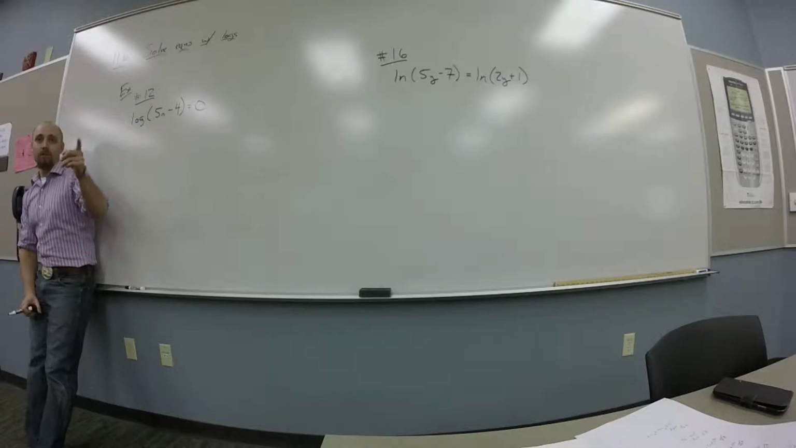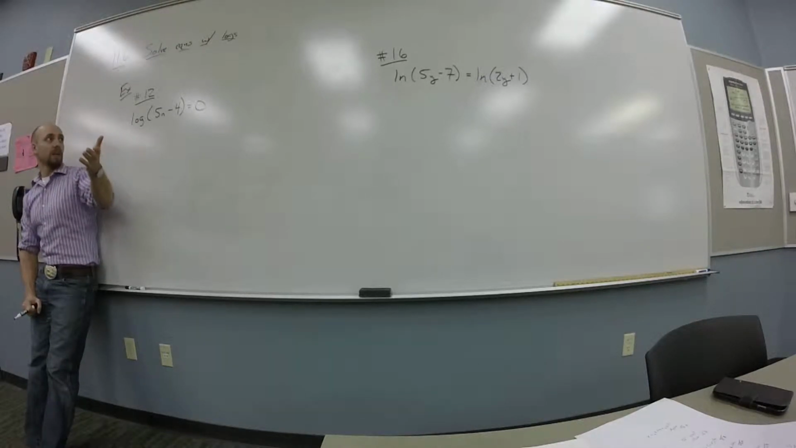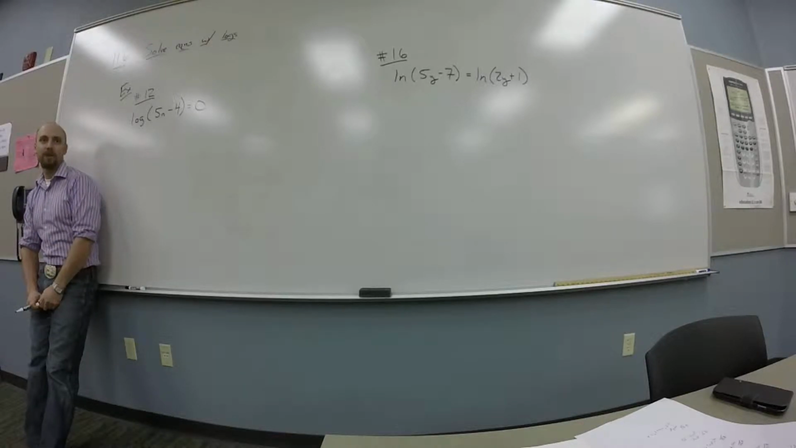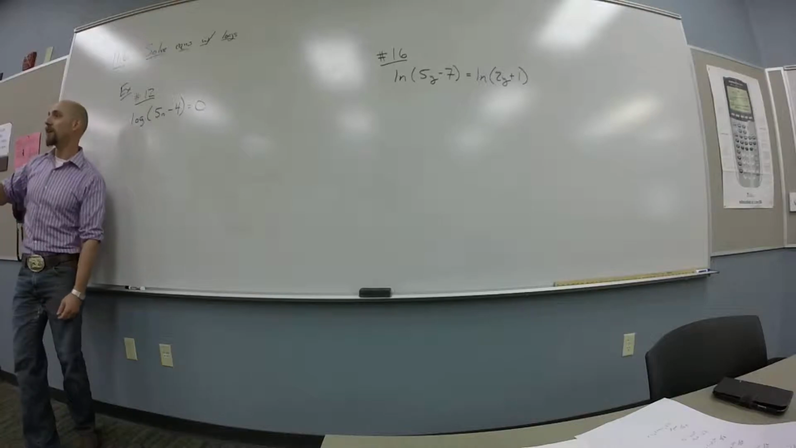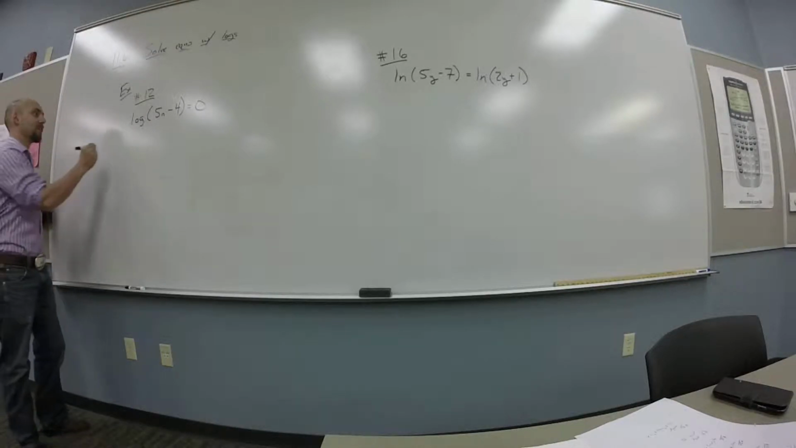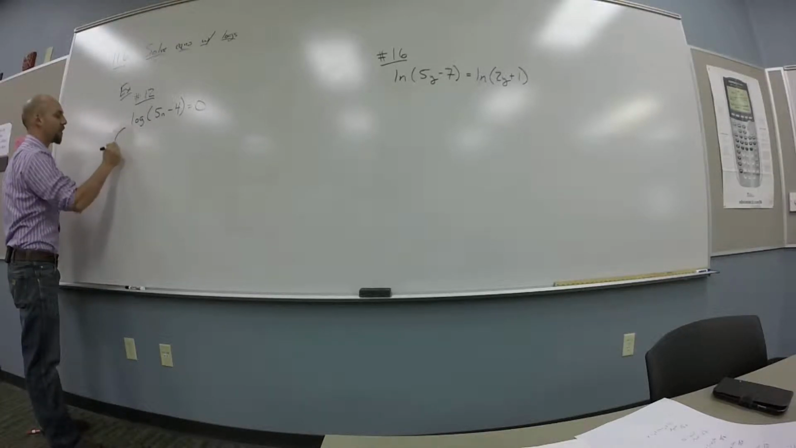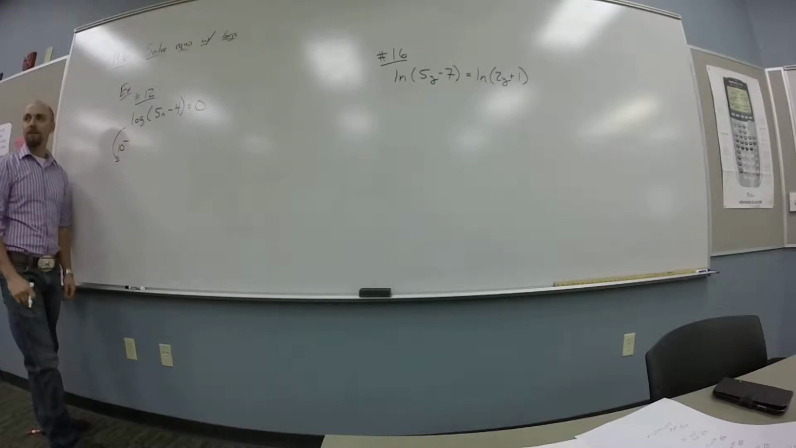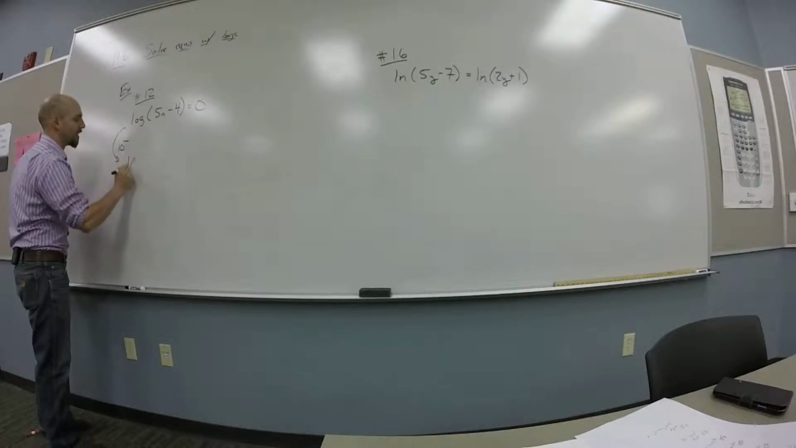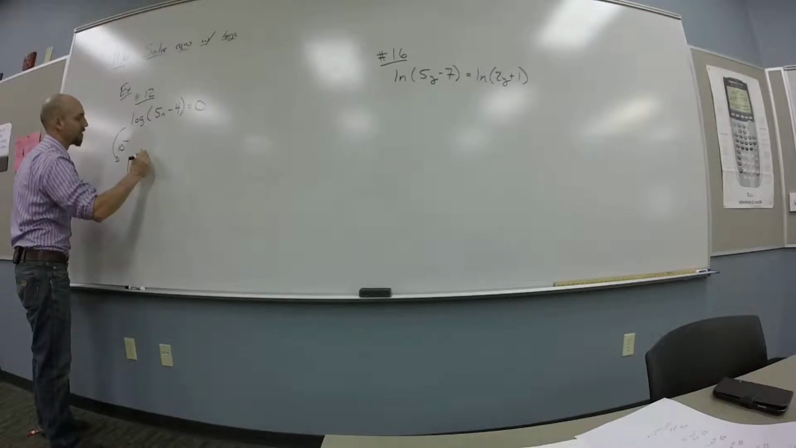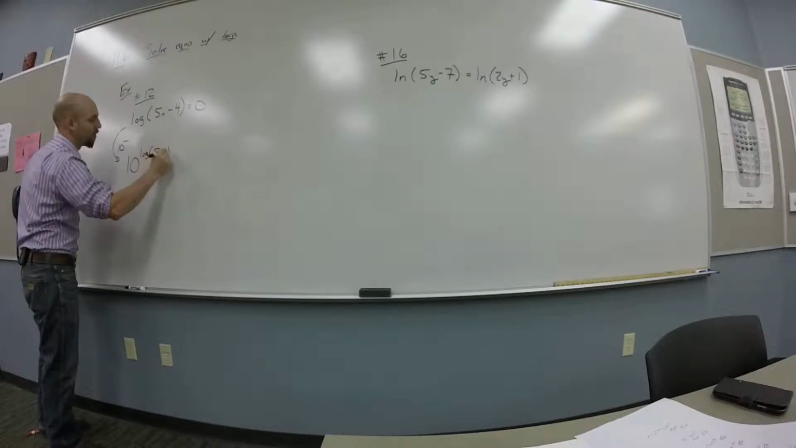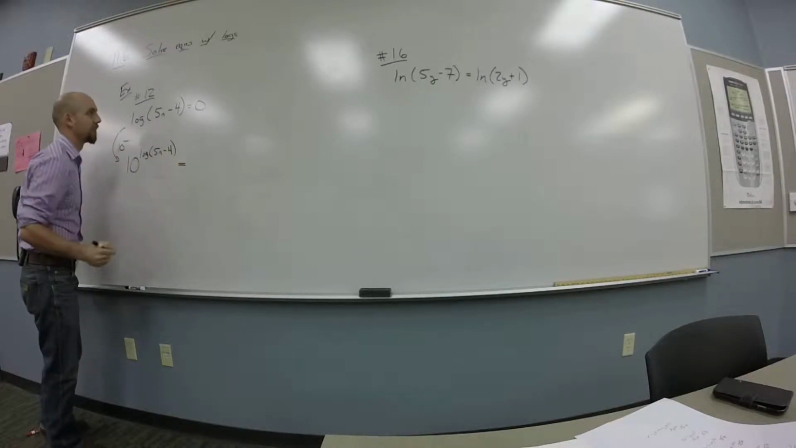You're going to want to raise them. Yeah, I'm going to want to put it in the power of something, right? And Alex, you just said what the base was. What's the base? 10, right? The standard log is base 10. So the log button on your calculator, remember, is a base 10 log. So I want to put everything in the power of 10. So I've got 10 to the log of 5n minus 4 is